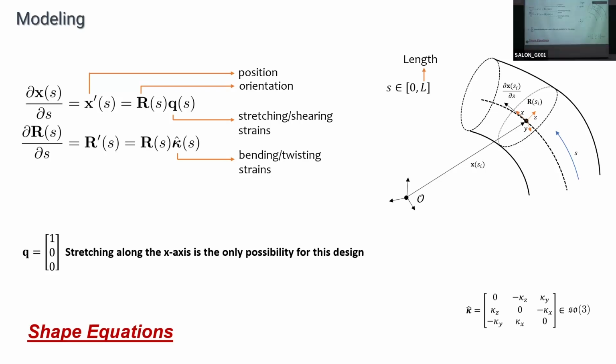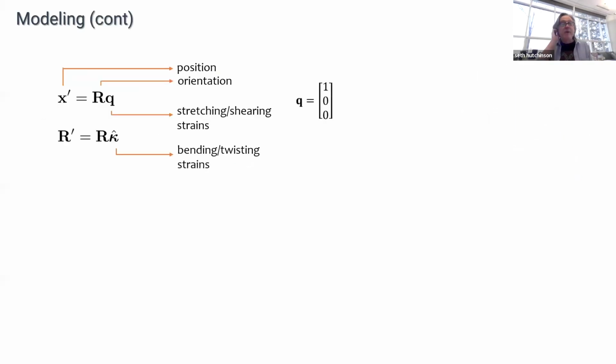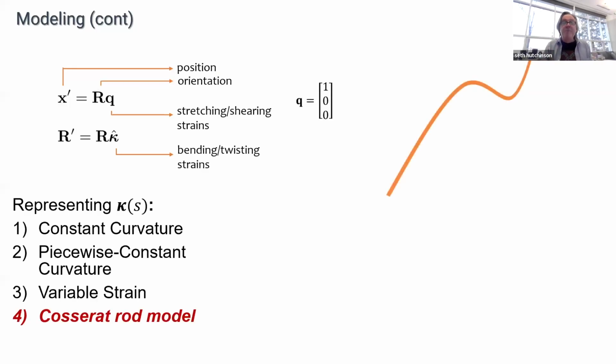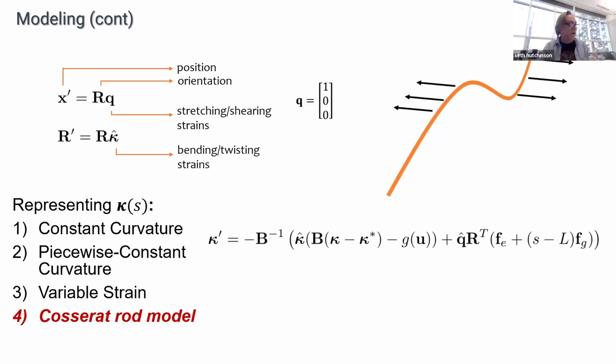And these are the equations of shape, right? It's basically an ordinary differential equation along the length of the curve that defines the shape of the robot. So if we take those equations, how are we going to actually talk about the robot as a robot, as opposed to looking at the point-wise description of the geometry of the robot? There are a bunch of different ways to do that. Some people model as constant curvature, some with piecewise constant curvature, etc. We chose to use the Cosserat rod model.